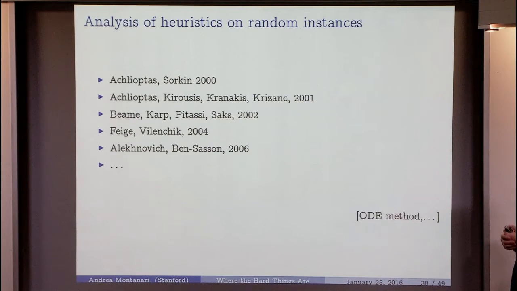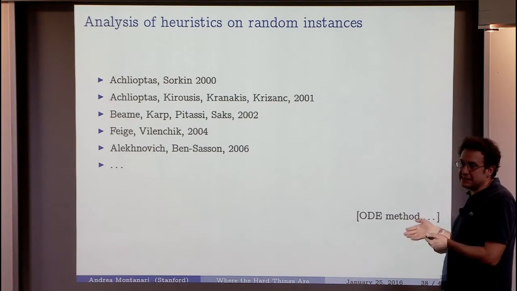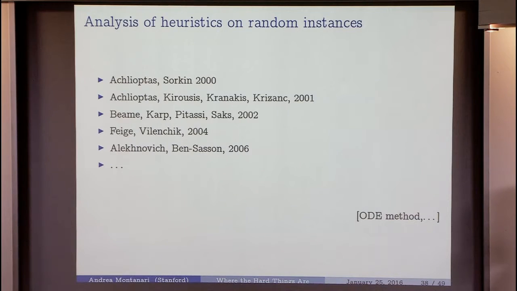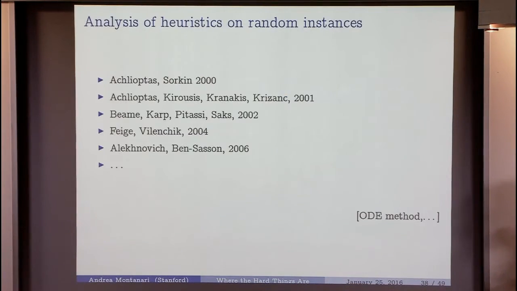There is a long history of people that did the following. Take your favorite heuristic that is simple and easy to state, and analyze how it behaves on a random formula. Often these heuristics were based on simple iterative procedures that modify the graph, and a popular method to analyze them is the ordinary differential equation. So you prove that the evolution of these heuristics can be described by a low-dimensional state space and follows a Markov chain, and find a large n limit for this Markov chain, and this gives you the analysis. So this is a long list of papers, a very interesting kind of work, but somehow